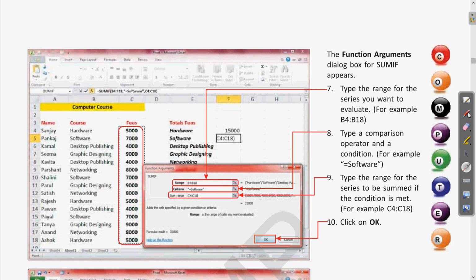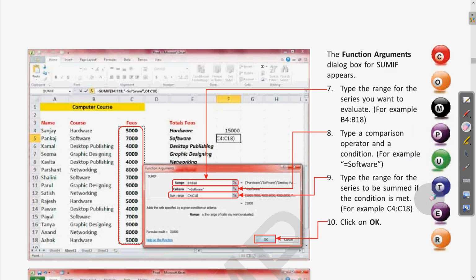So whatever is the criteria, whatever is the rule which you want to apply for calculating the sumif, means here we are searching for all the courses which are software, so we will write equal to software. Clear? So in any of the fields, if it is hardware, you'll write equal to hardware. If it is software, you'll write equal to software. Okay. If it is desktop publishing, you'll choose that. So according to the thing which you are searching for, we can apply the same.